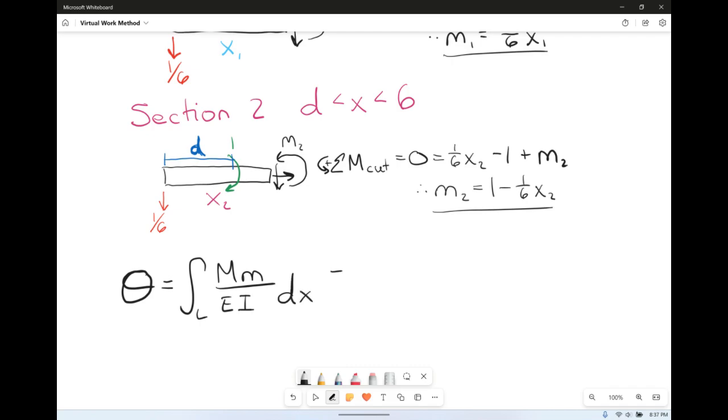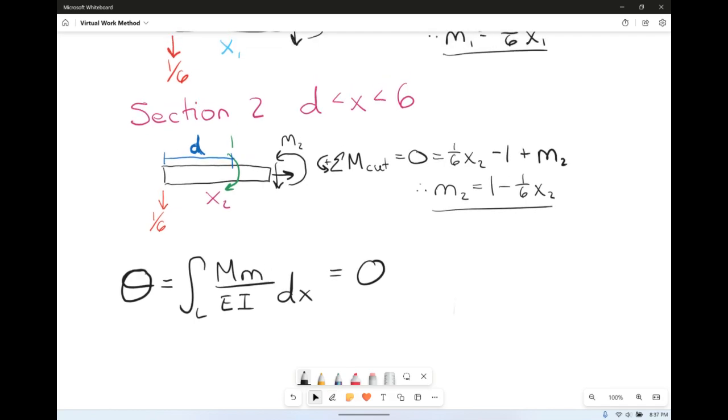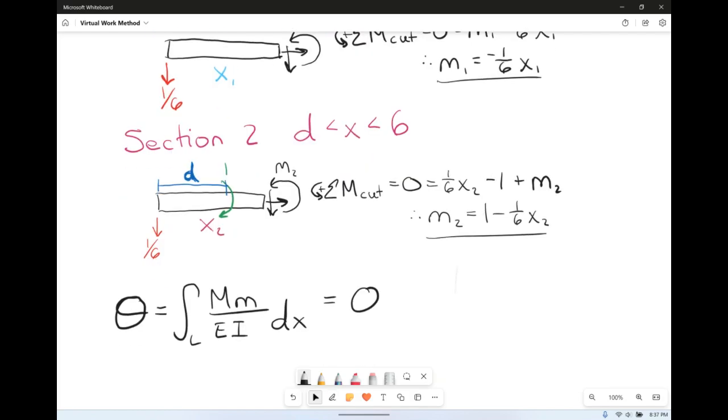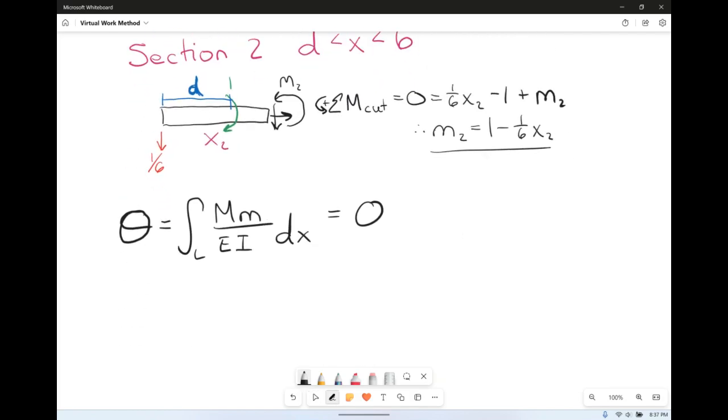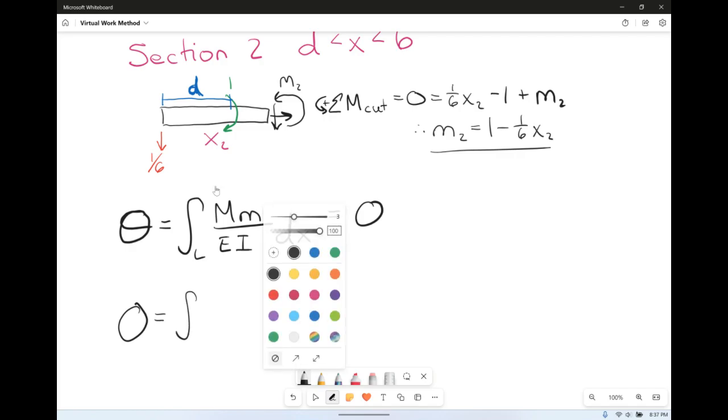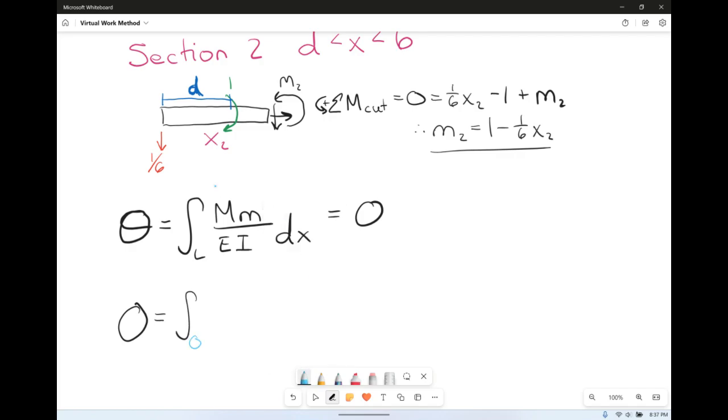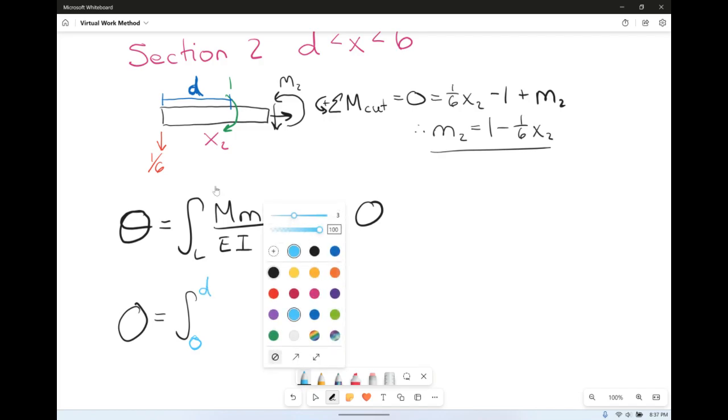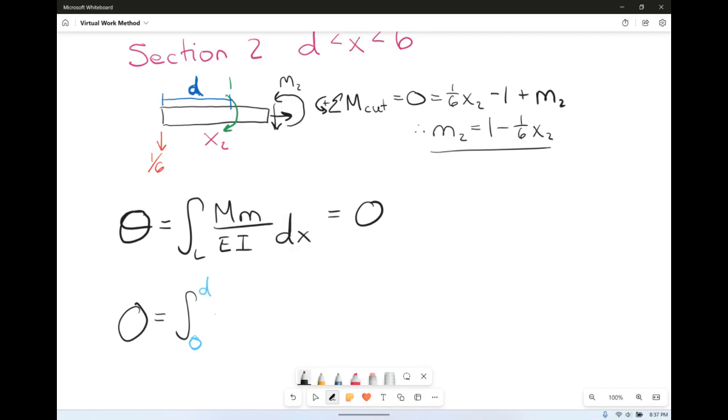And remember, we can set it equal to 0 because we're finding the distance. So we're going to use our length to get from 0 to D, and then D to 6. So 0 is equal to the integral. For section 1, we go from 0 to D of big M